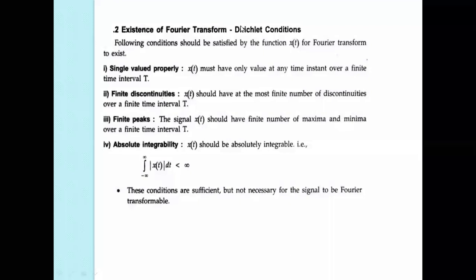And here also there are some Dirichlet conditions, similar to those of the Fourier series. Already we discussed this one. The 4 Dirichlet conditions exist for the Fourier transformation also. The following conditions should be satisfied by the function x of t for the Fourier transform. The single valued property: x of t must have only one value at any time instant or time interval. We already saw that there is no double value here at the same value of t,